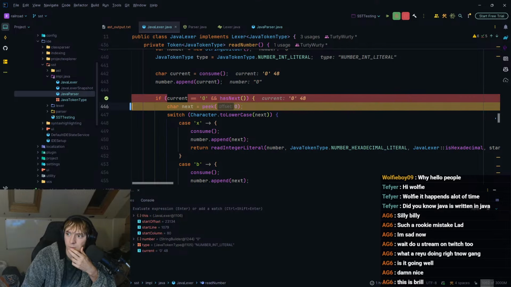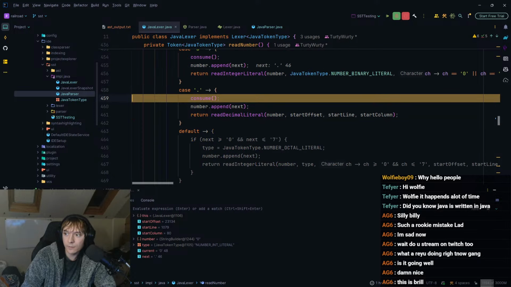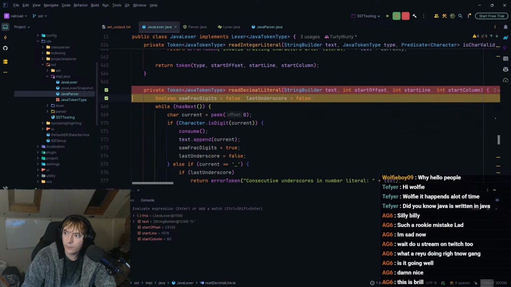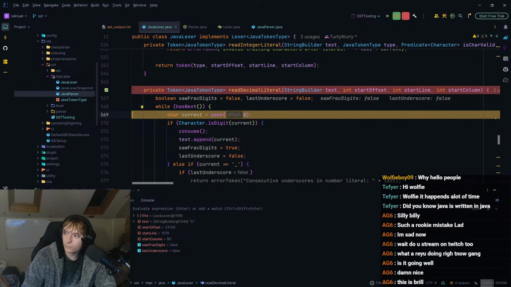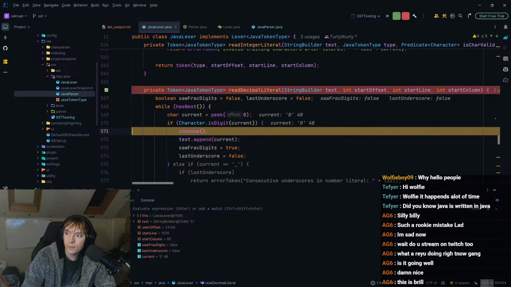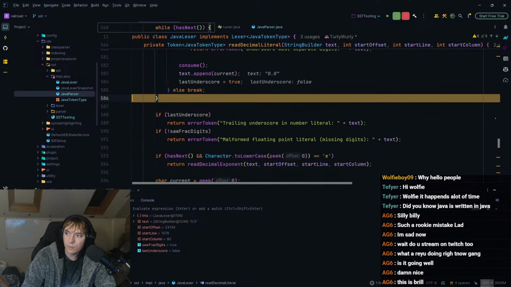Okay, we have another 0 then. So the next is a dot. Okay. So we consume it. And then we read a decimal. So the text is 0 dot. The current is now 0. It is a digit. Okay, so we go next, blah, blah, blah.